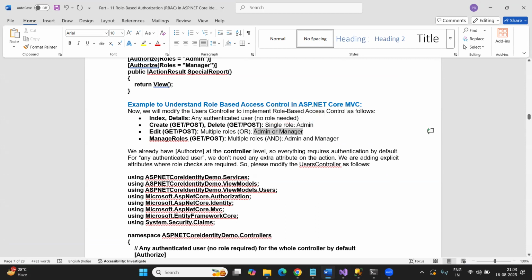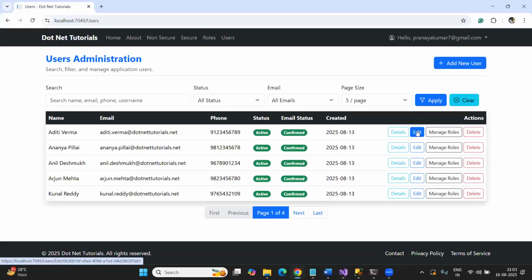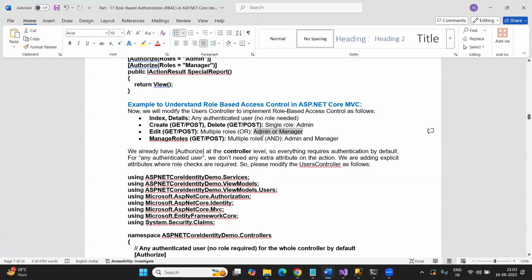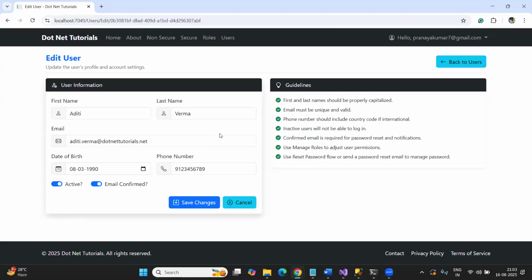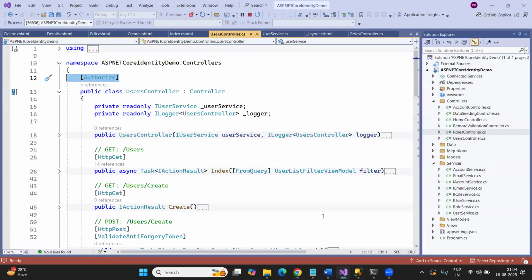If the user has either the admin role or the manager role, he can perform the edit operation. So the edit page needs to be accessible by both admin and manager. But coming to manage roles, it can only be performed by